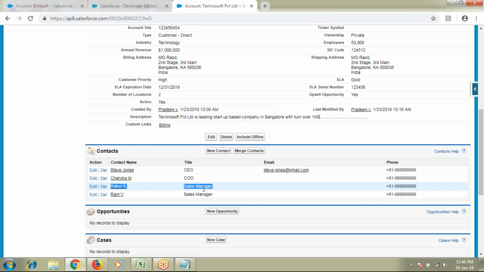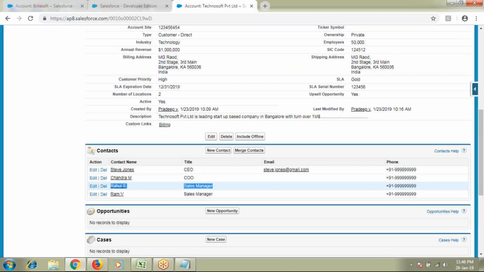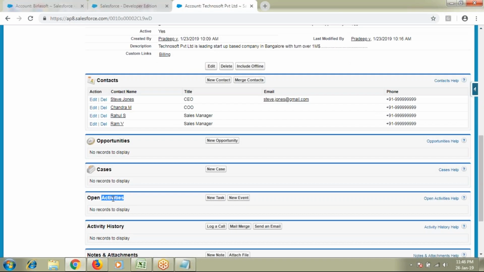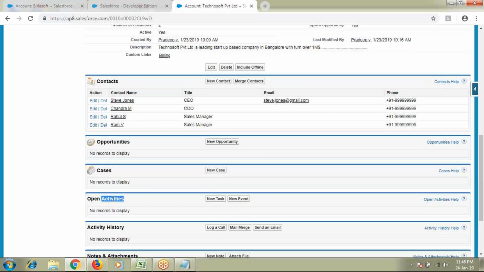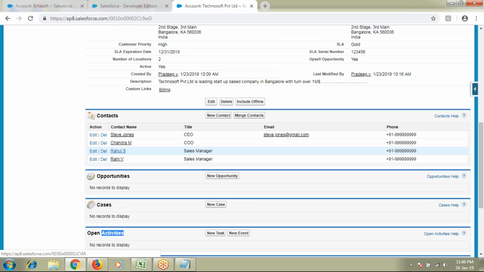So every time I communicate with this sales manager, I should create an activity. So what is an activity? How to create an activity? This is in our next class. But we actually have to create an activity. Activity means how you are communicating, what you are communicating, when you are communicating, and whether the communication is successful or not successful. Okay. So now let's suppose you are my sales manager and I called you. So what is the activity here which I did?